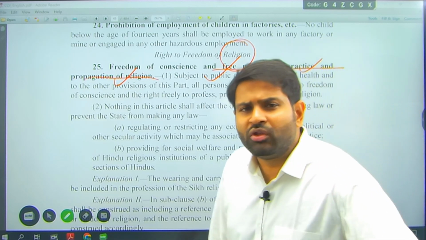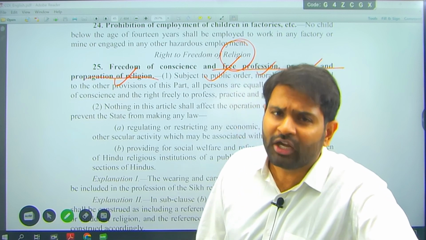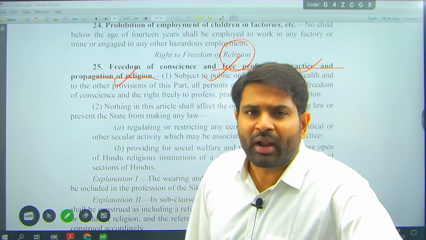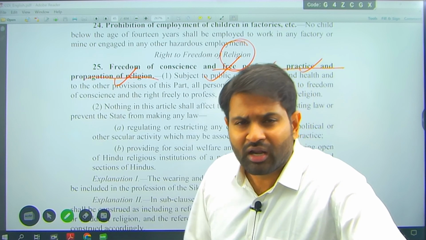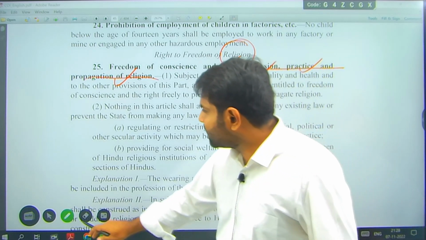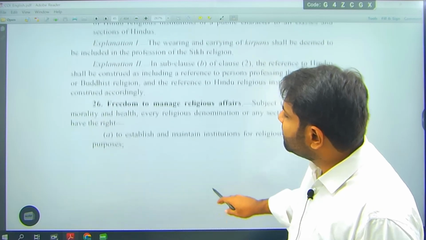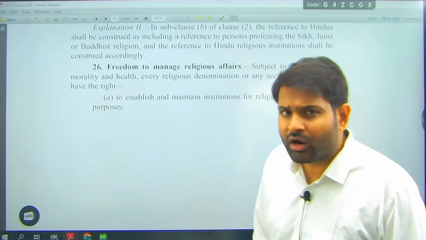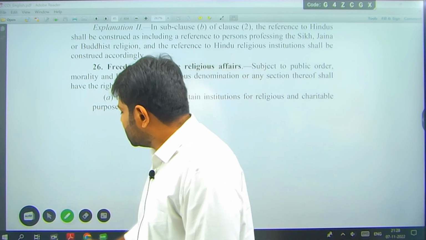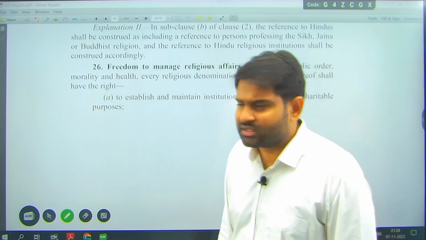Even though I am born in a Hindu family, even though I am born in a Christian family, even though I am born in a Muslim family, even though I am married to someone who is not my religion, I still have my own right to practice my religion. Religion is not a family right, religion is an individual right in the Indian Constitution. Remember that point? So who is giving you religion? Not your father, not your mother, it is the Constitution, remember. You are inheriting the religion you want from the Constitution. You are having that particular space.